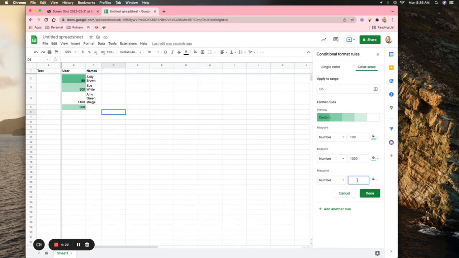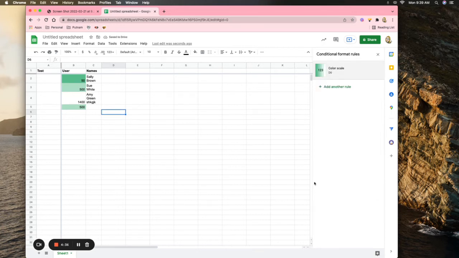So I put this at I believe 1,100, and now anything that is set, so that is where my color scale is set. Now if I change my mind, I can simply click here on my trash can, and then it will take that away. So that is how you can do some formatting that would actually